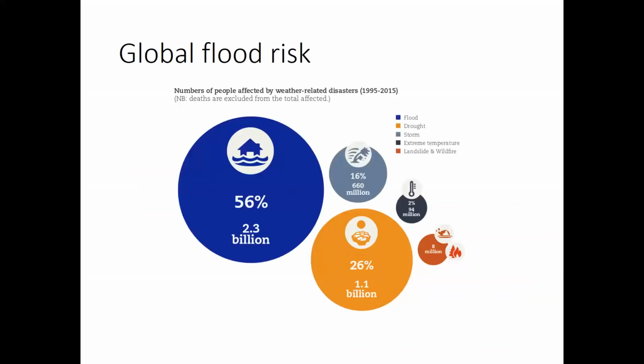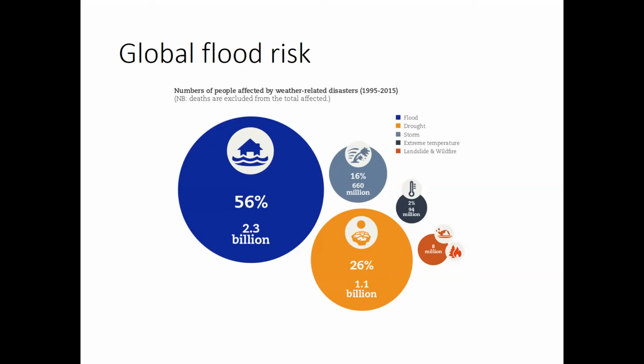This infographic shows a distribution by percentage of all weather-related hazards or disasters, I should say here. So these are hazards, natural processes that then impact on humans and become a disaster. And of all of those weather-related disasters, 56% of those globally between 1995 and 2015 were flood-related. You can see some of the other most common types there, from droughts, 26%, extreme wind, 16%, and not quite registering on a percentage point, you can see wildfire as that small orange circle there.